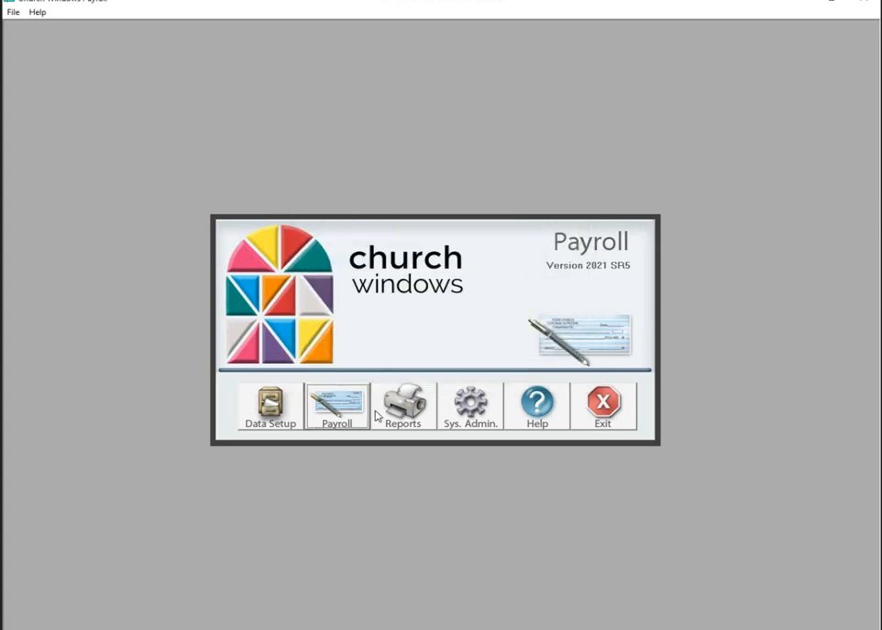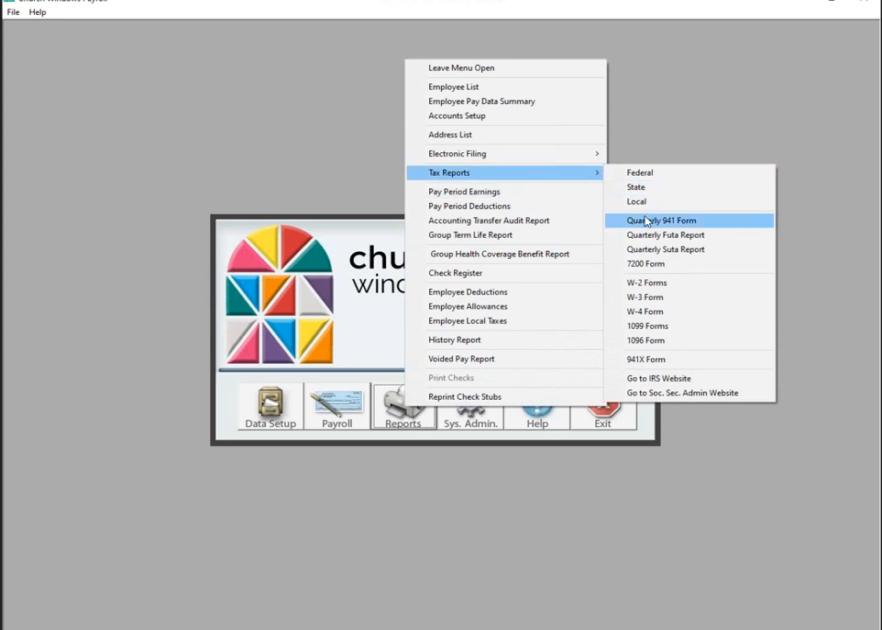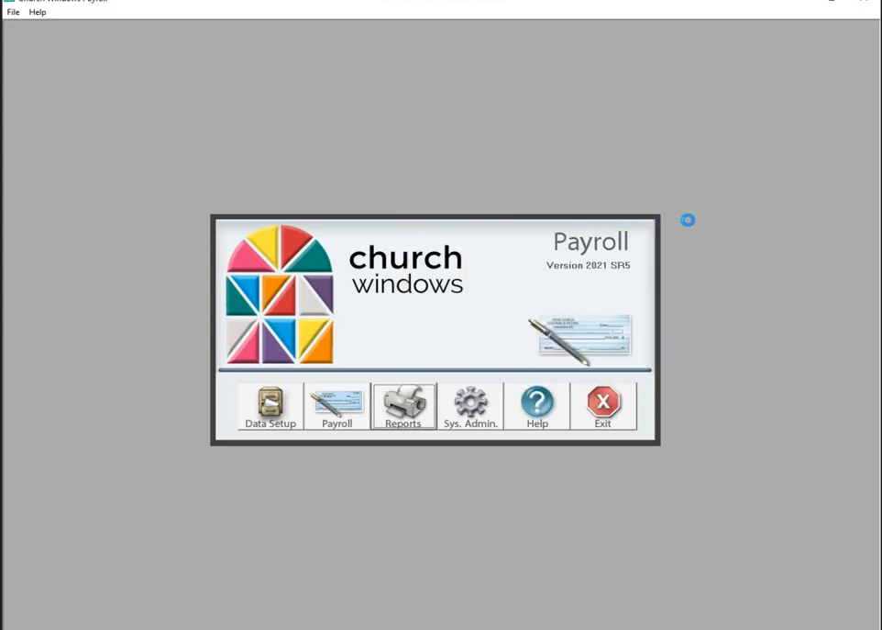Okay, so that's how easy it is to calculate, post, print checks, and transfer payroll into accounting, folks. With just a few minutes left, let's talk a little bit about some reports. Tax reports. Church Windows Payroll produces your pre-printed, pre-populated quarterly 941 form. So if I go here, choose quarterly 941 form, I choose,